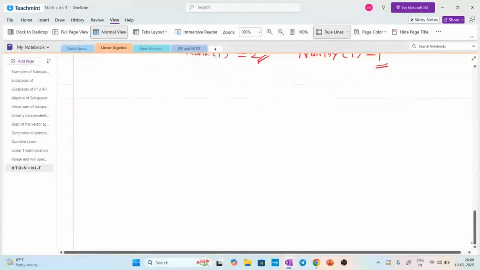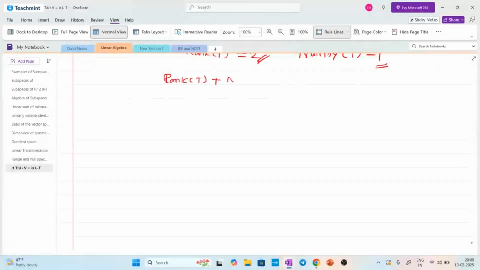The rank of T plus nullity of T is equal to dimensions of U. T is a linear transformation from U to V. Okay, then look here, this implies that the rank of T is less than or equal to dimensions of U,